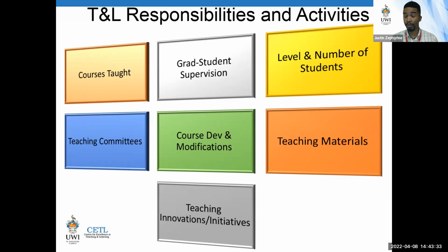You may even create original material, whether you create a podcast or a screencast. A couple years ago, and you'll see in one of the sample portfolios we'll provide for you, Jason Matthews created a YouTube channel. I can't remember the exact name of it, but that channel had a bunch of material he and his students created, and it really turned that course around, where students were more excited about the topic, about the course. That was of course an initiative and innovation that he implemented in the course.